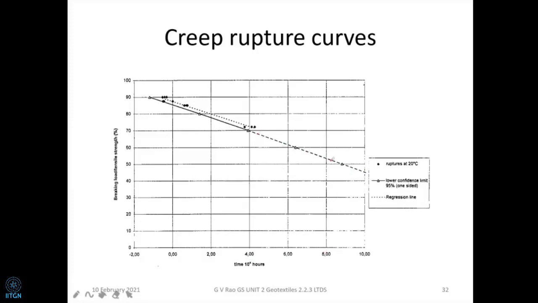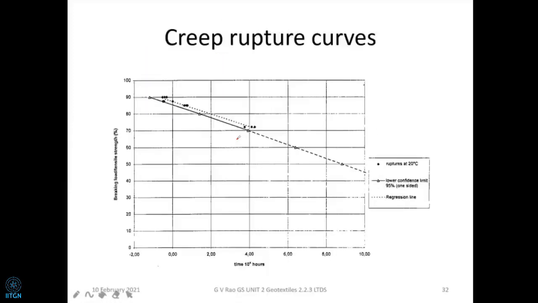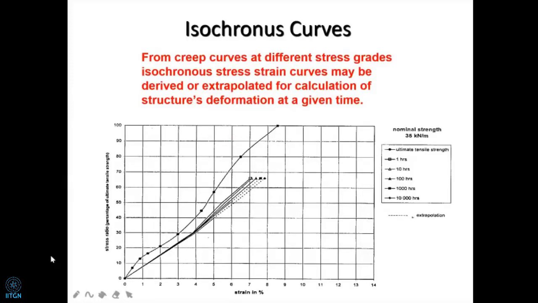But can we do so much extrapolation is what we are going to think of now. So that is the issue which we are going to have, and of course rupture, ultimate failure. If you are using these initial curves like this, we can convert them back into a different kind of picture. So from the creep curves to different stress grades, these are called isochronous stress-strain curves,